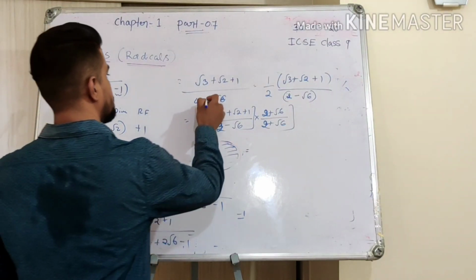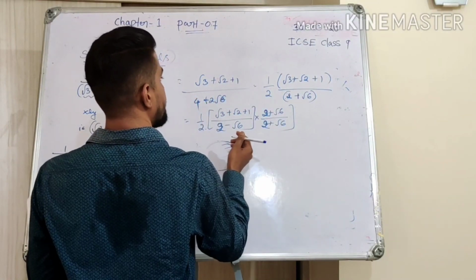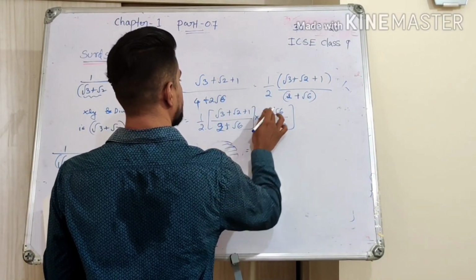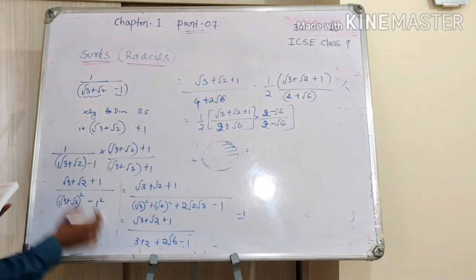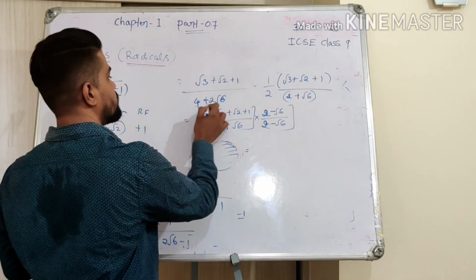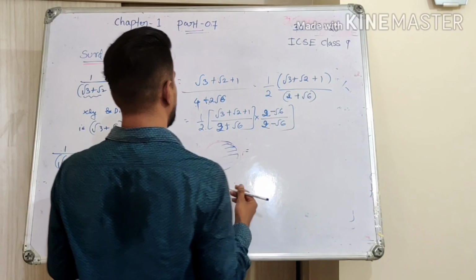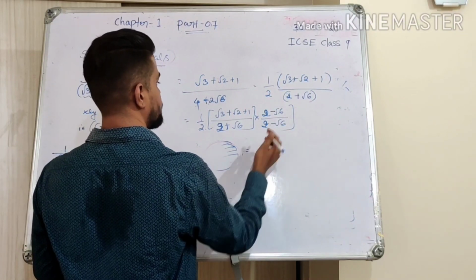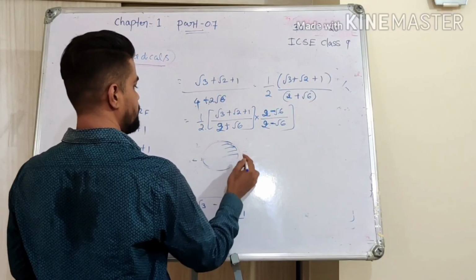The mistake is here. This is 4 plus 2 root 6. Okay, this is plus, here it is 2 minus. Okay, hope you understood. This is all correct. Here it is 5 minus 1, 4. So it is 4 plus 2 root 6, and here I am taking the 2 common, it will become 2 plus root 6. Okay, so now it's correct. So when we rationalize, we need to rationalize by minus. That is why we are getting a wrong answer.